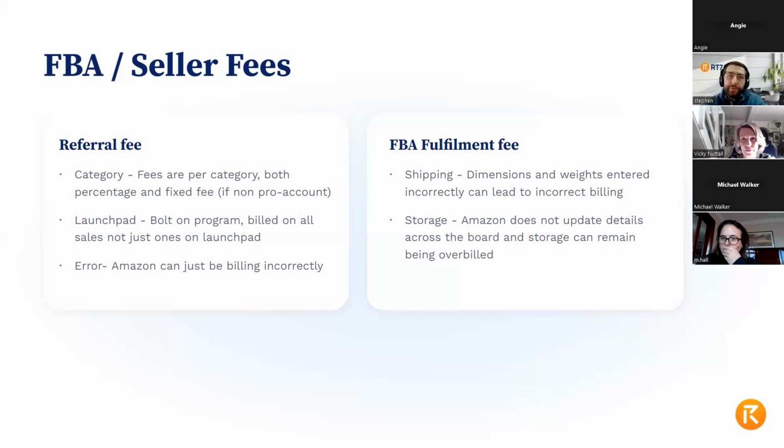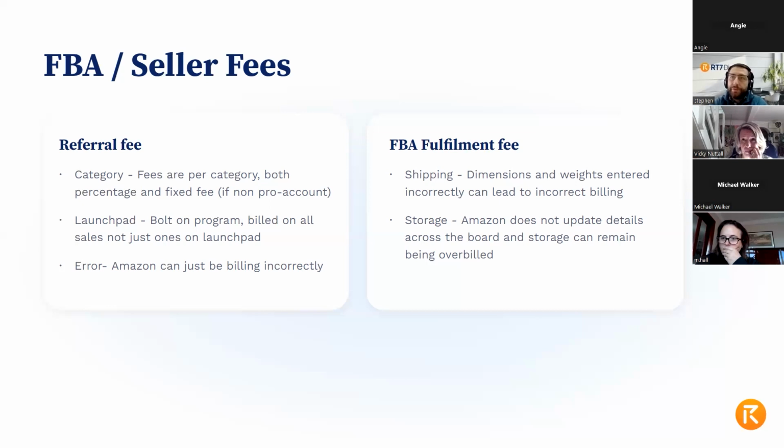And so moving on to the last one, which is error. Amazon is not perfect, despite what they try and claim. They do make mistakes with their billing, and this is not just with referral fees, this is across the board. They can just miscalculate, and it's a depressing thing, but it is always worth doing, even if it's a quarterly exercise, spot check your seller fees, just make sure the referral fee hasn't been miscalculated. It might not even be by a huge amount, but on large accounts where it's out by half or 1%, half or 1% really can stack up over time.